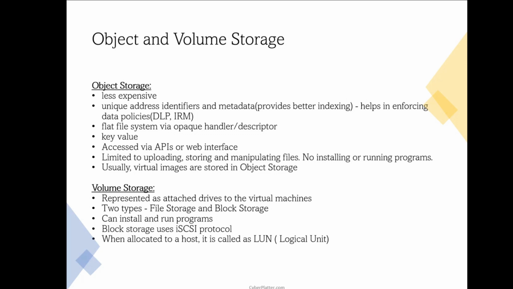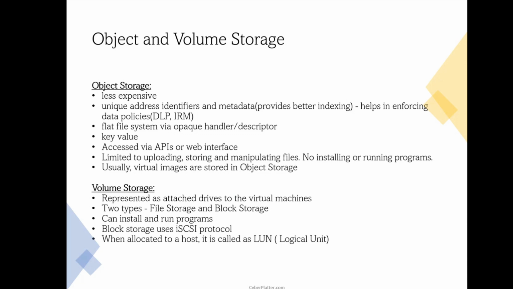The first one is object storage. Object storage is less expensive because you pay for only what you use. Okay, this has unique address identifier and metadata attached to it, which helps in better indexing, which indeed helps in better policy enforcement, data policy enforcement. This is very helpful in data loss prevention and information rights management, which are two different topics and will be discussed in other videos. The object storage is a flat file system which is accessible via